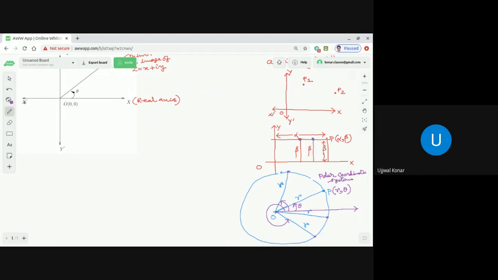And what we are aware of is the previous one. It is known as the Cartesian coordinate system. Correct or not? So this is the Cartesian coordinate system, this is the polar coordinate system, and we can find a relationship between them also. How to find a relationship between them, dear students, is that if we can make this point O and this point O coincide together, then that OX will also coincide with this line. Correct or not? Absolutely clear, dear students.